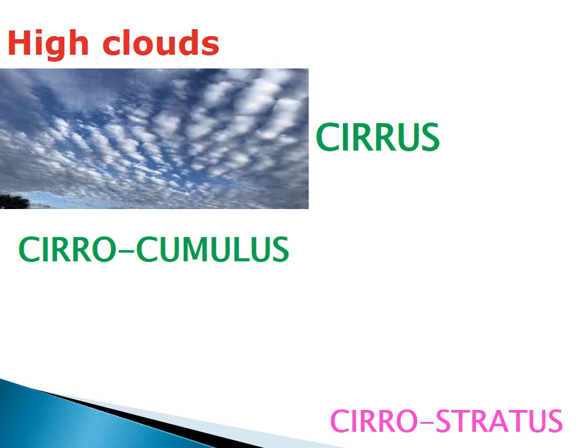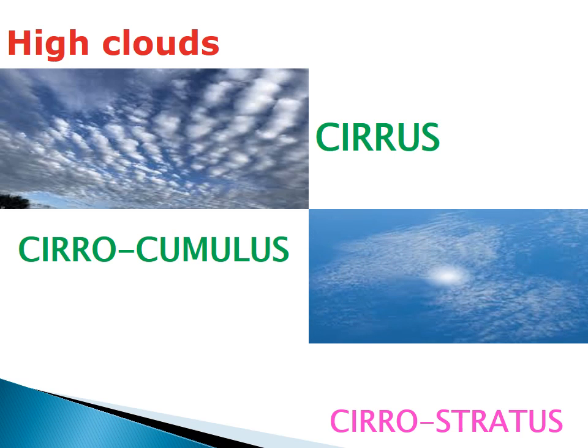Okay, next, cirrocumulus. See that, this is the picture of cirrocumulus. Okay, white patched sheet or layer like clouds. Got it? Composed of ice crystals. Only ice crystals will be there. When it comes, the rain will not be there. Okay, in high clouds, in cirrus also, only ice crystals will be there.